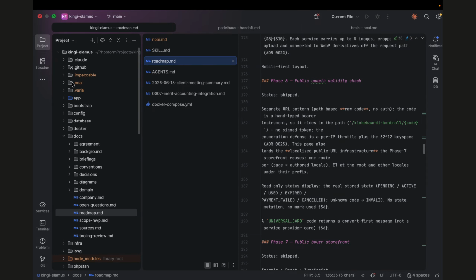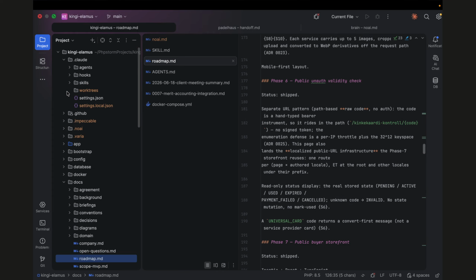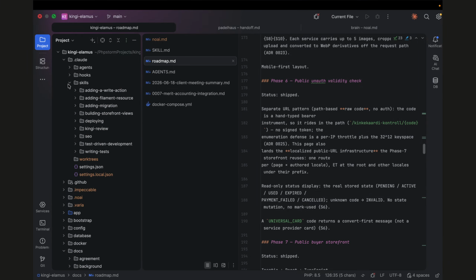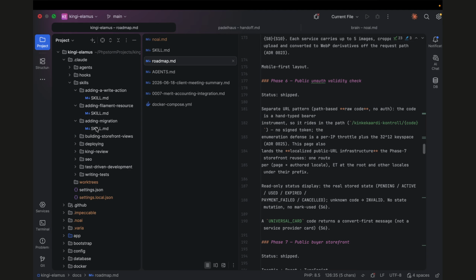So what I wanted to perhaps show here is the most recent project, and I think it is the most proper project that I have built so far. It has a lot of different skills. A skill for always ensuring that every write operation is wrapped in a transaction. How to make changes in the admin panel, what to keep in mind when adding migrations, how to do it safely,